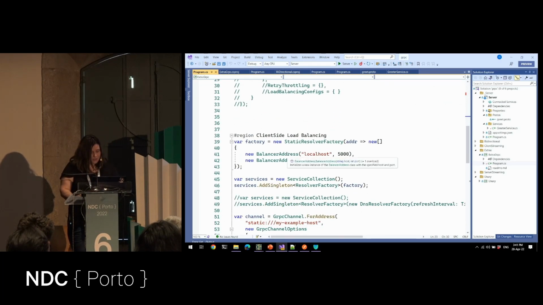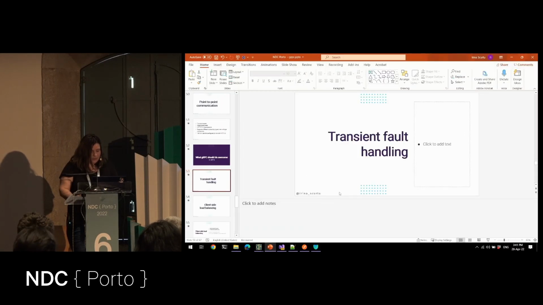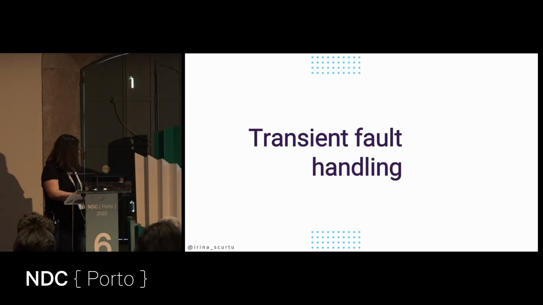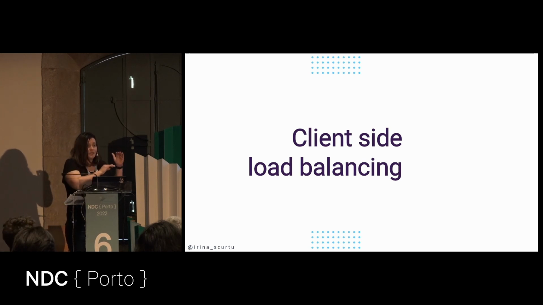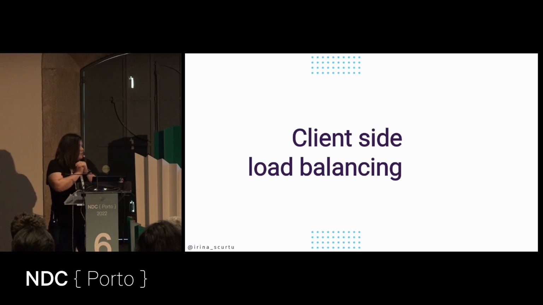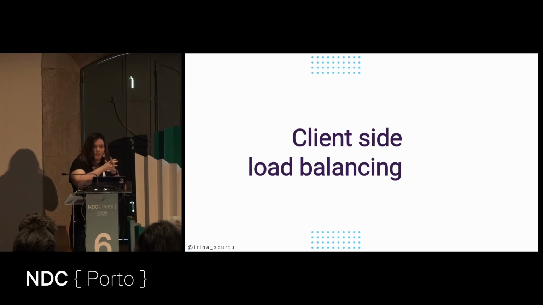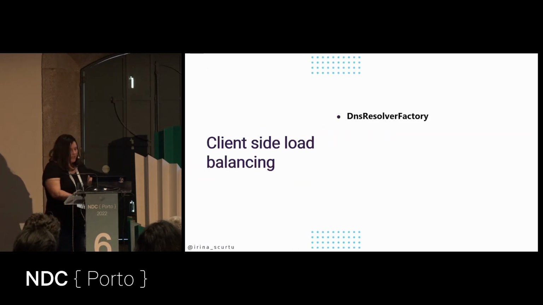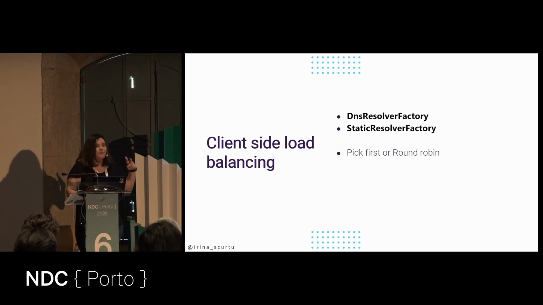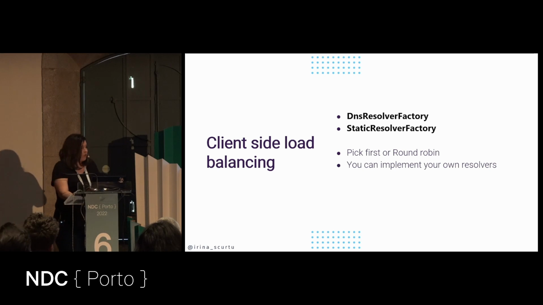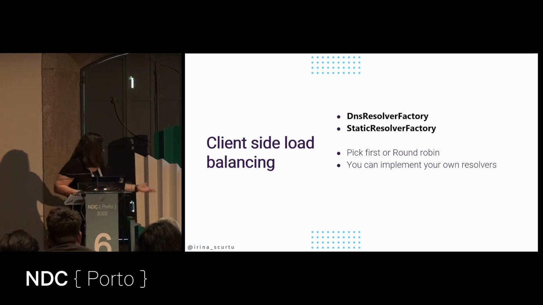And from this, you can also load balance, which is a thing that I really tried, and it's very nice. Client-side load balancing out of the box. I mean, you'll specify a range of addresses or a DNS, and it will try to connect based on the policy you specify on a server or another server. For example, you can have a DNS resolver factory or a static one if you know the ports. And you have two kinds of policies like pick first or round robin, or why not, you can implement your own. It's very, very easy to do that.